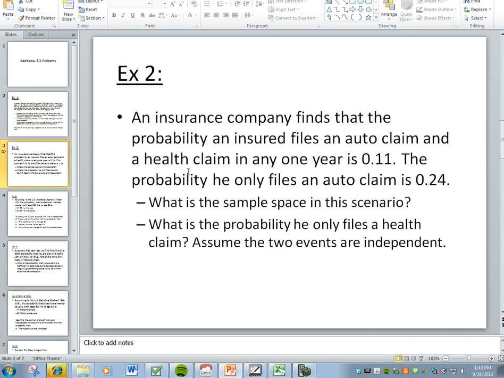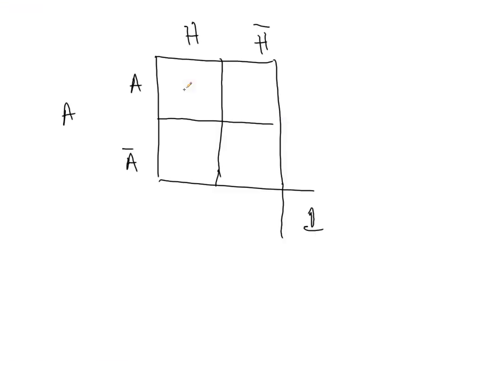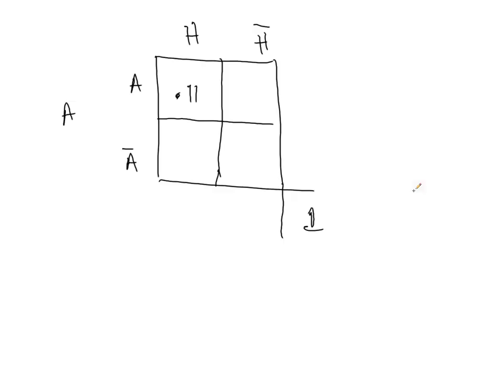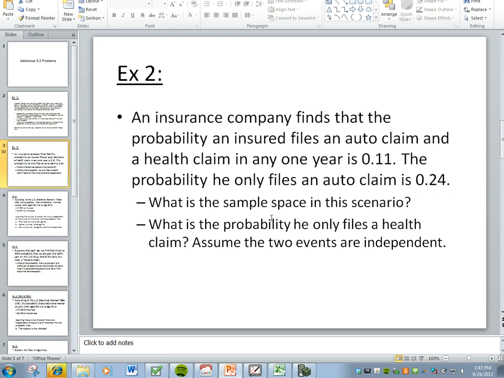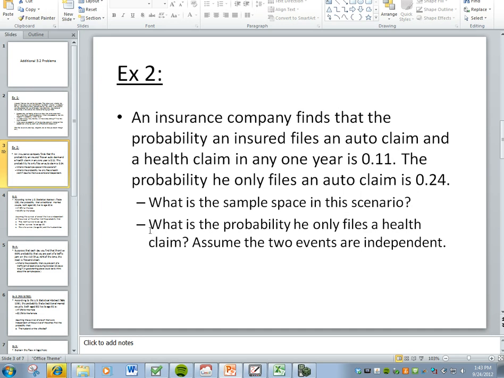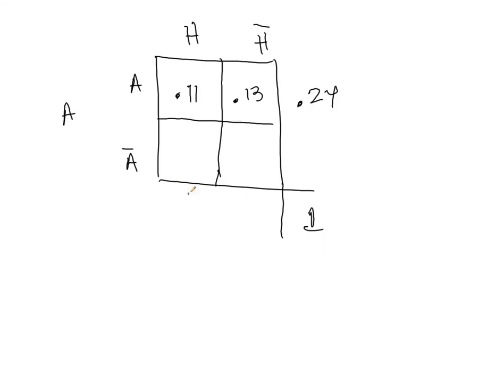Okay, well, what do we know? The probability an insured files an auto claim and a health claim in any 1 year is 0.11. So we know that value right there. The probability he only files an auto claim is 0.24. So that's this right here. Okay, well, we don't have too much information here. What we do know is that this would have to be 0.13 for these two to add up. But I want to know, well, what is the probability he only files a health claim? So I want to know what is